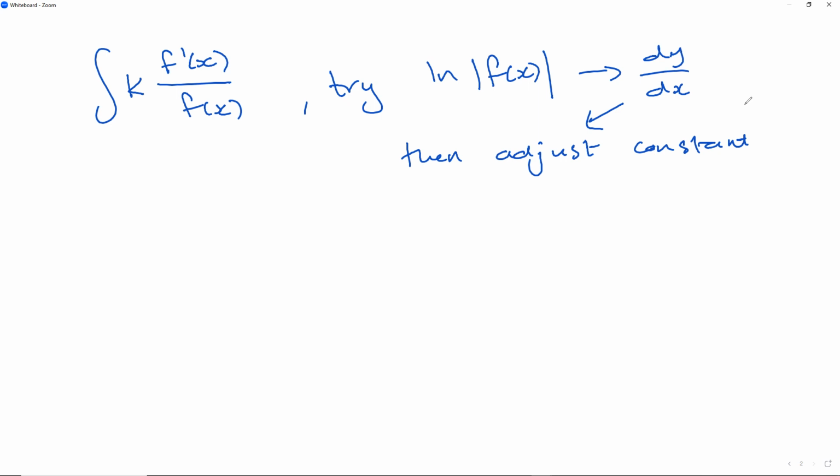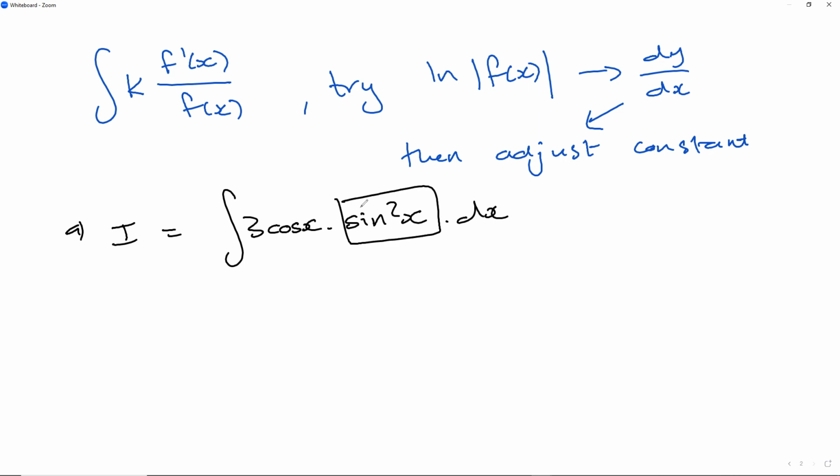Okay, in this next example, we want to find out, given that I is the integral of 3 cos x times sine squared x dx. Looking at this function, if I let sine squared x obviously be the subject that I'm trying to find, if I differentiate by considering y equals sine cubed x and find dy dx,